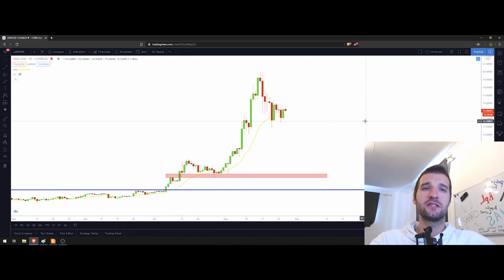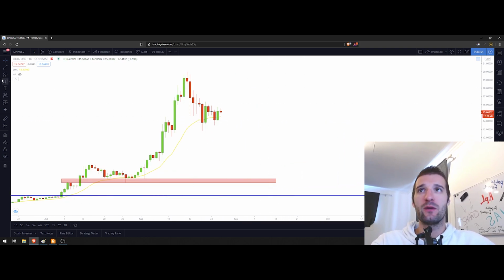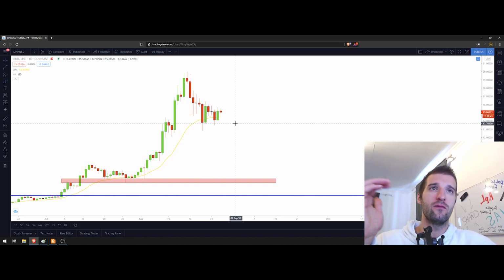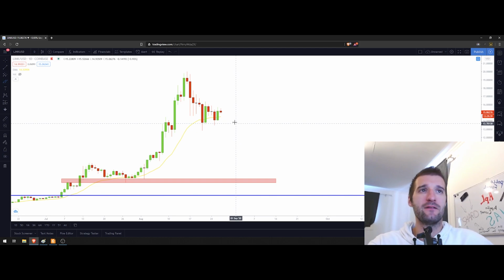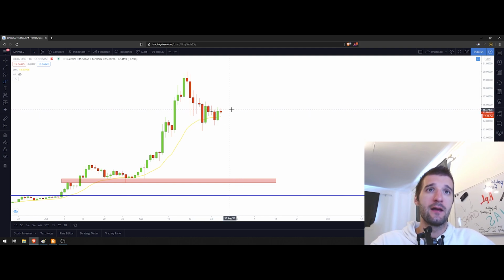Right now we are going to go through Link over here. Link is still above the 20 exponential moving average. We are seeing some incredible fight around the 20 EMA over here, and we can see that we are still trying to stay above this moving average. This is very important and good. If we stay above this moving average over here, this will indicate a pretty good and bullish sign for the next